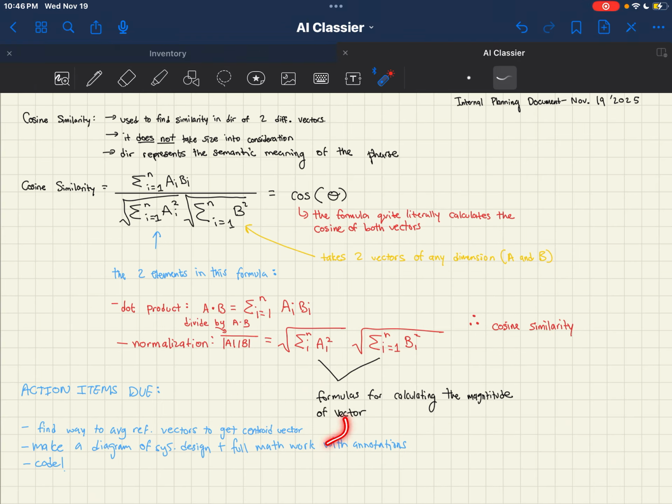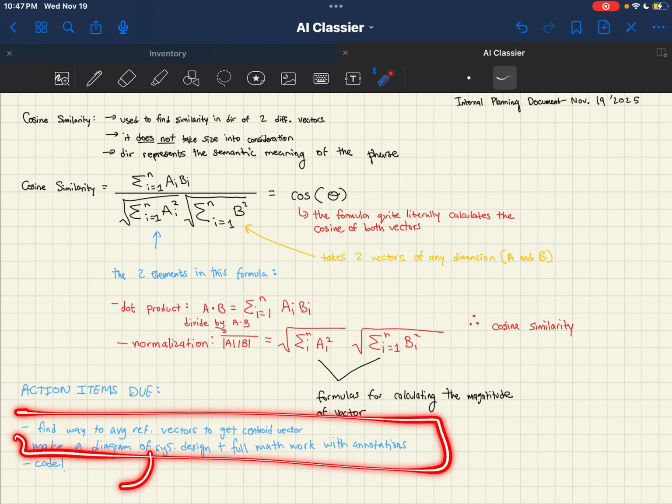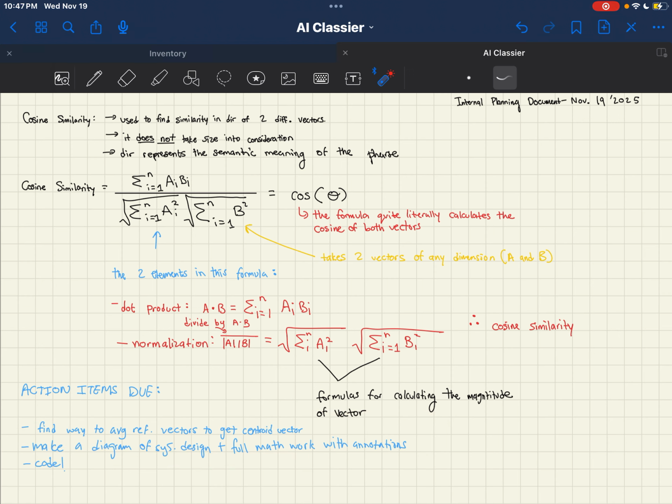I'm also going to do a full math work, first figuring out the centroid vectors for the reference vector embeddings for each political concept, and then employing the cosine similarity to figure things out. I'll use a simple example, just so that we see it on paper and through our thoughts. That's why I do this part, so that when I start coding, I can code with proper intent. That's something I'll also start tomorrow. Most likely not finish tomorrow because I have a lot of other things and some schoolwork. But I will definitely